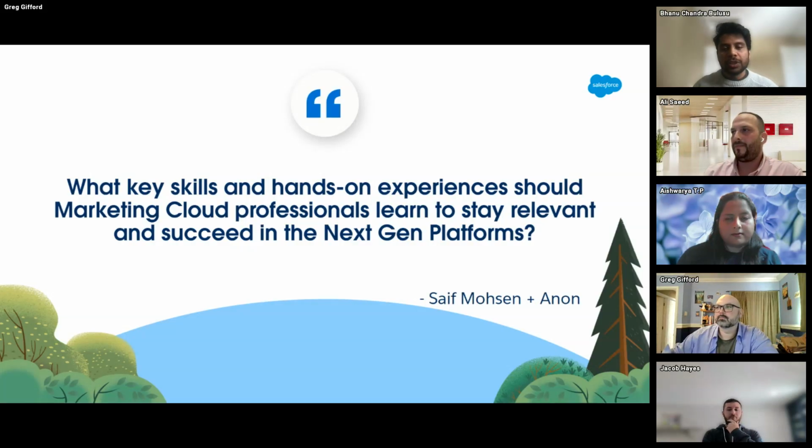So Marketing Cloud professionals, this is time for everyone to start understanding the fundamentals of CRM core, whatever Salesforce offers. Specifically because our Journey Builder version of it, let's say in Marketing Cloud Next, is going to be Flows. Flows has been existing for a long time before even Marketing Cloud Next, right? So these are all foundational things that are available on CRM. So we have to start understanding what Flows are,